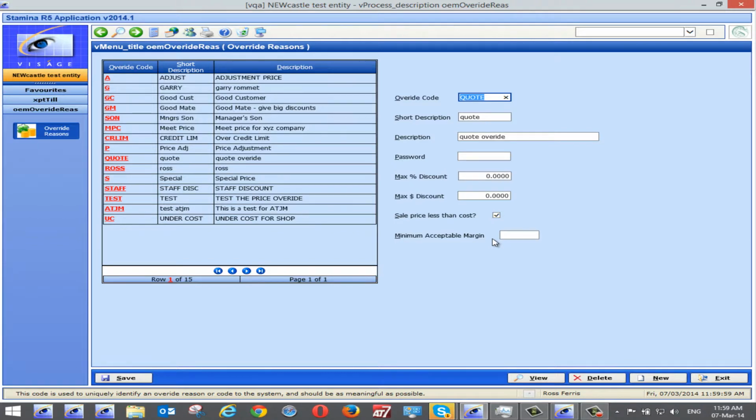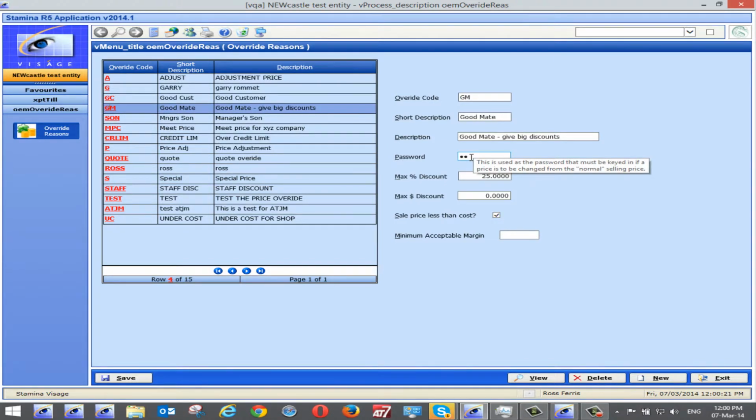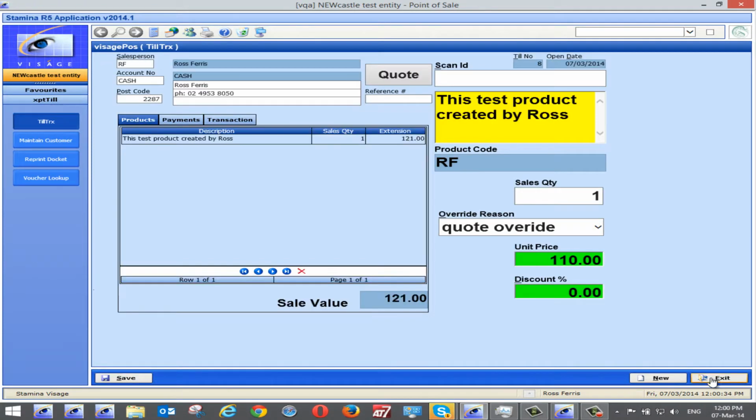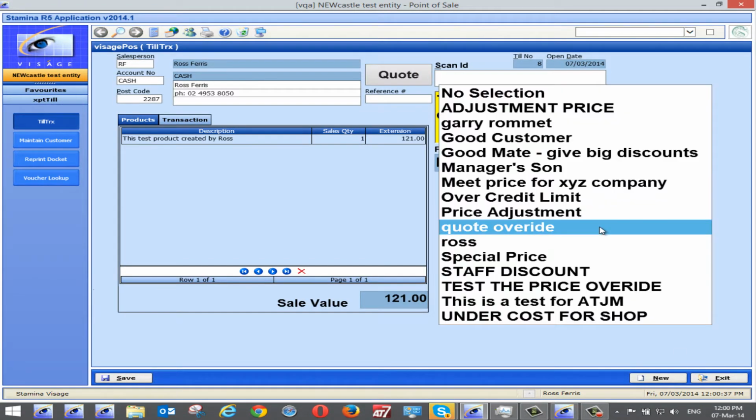But if I wasn't allowed to get to this function because of my security profile, I wouldn't get in. But that particular override reason doesn't have a password associated with it. Whereas if I was doing another price override, let's say managers, good mate password or something similar, I might set up a password here of GM. The important thing here is that I've got a password in. So if I happen to use a price override reason of good mate,